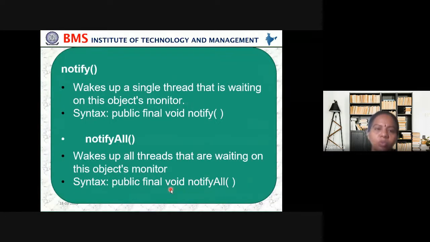Notify wakes up a single thread that is waiting on this object's monitor. Syntax: public final void notify.